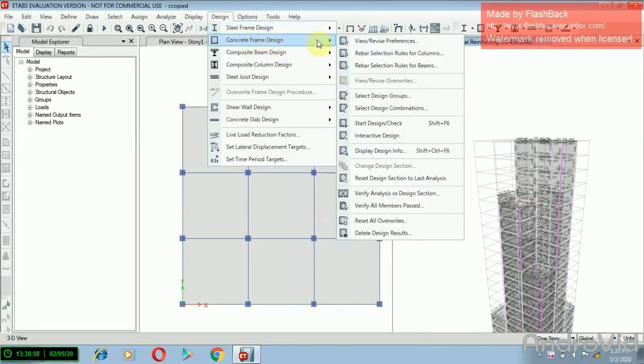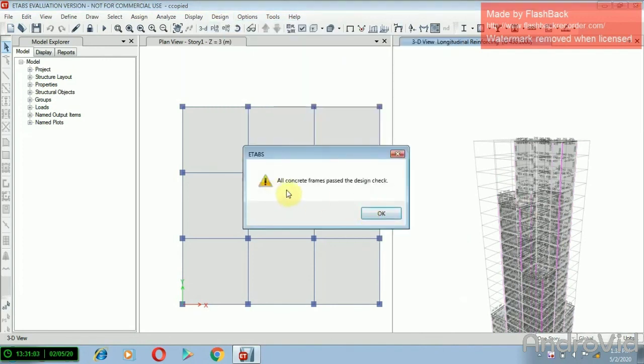To get our reports, click on the Model Explorer Reports and double click on the project report. We will get the project report.